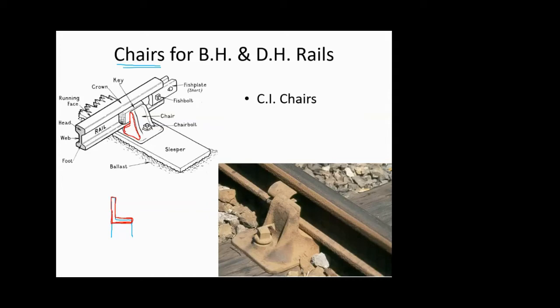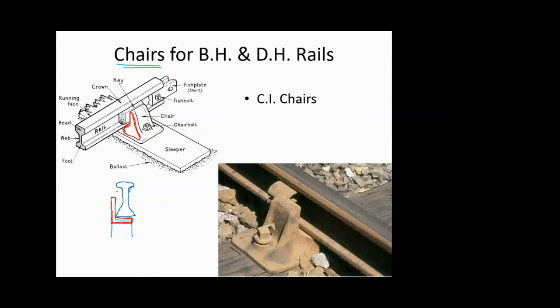Okay, so for stability purposes, it is slanted on the outer side, and the side which is touching the rails, or which is facing the rails, is the one which is vertical. So it's similar to the chair concept, and the rails rest here. This can be the foot of the rail. Again, ignore the shape, understand the concept. Now the shape of the chair exactly can't match this groove.